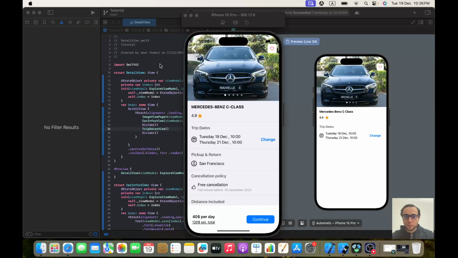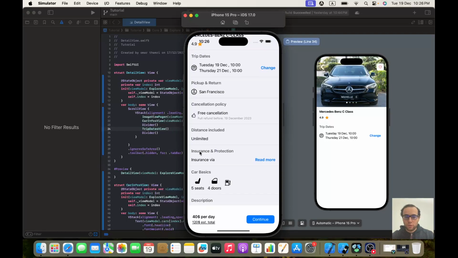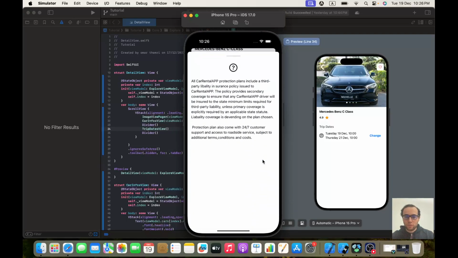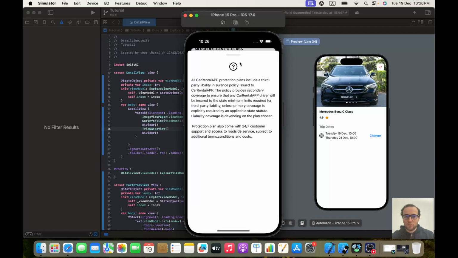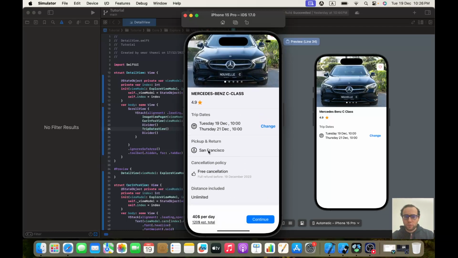Well, today we are going to continue working on the detail screen. Today we are going to work on the pickup and return, the cancellation policy, the distance included, and insurance and protection with this nice sheet. Okay, but before we start working on this,